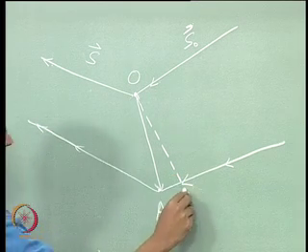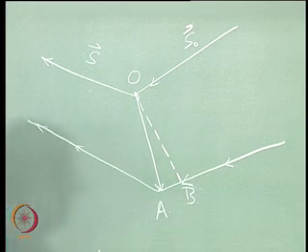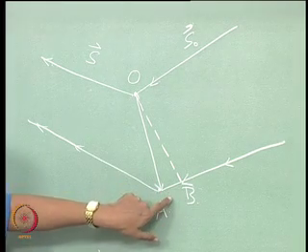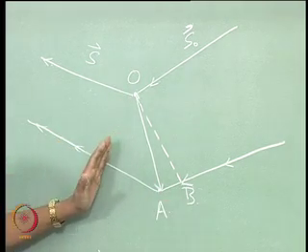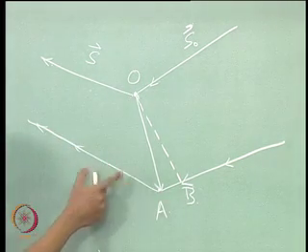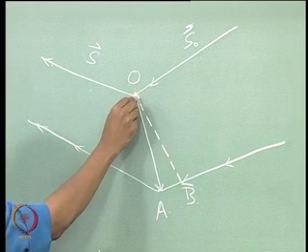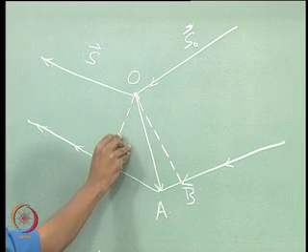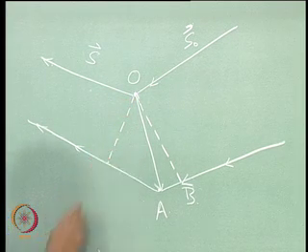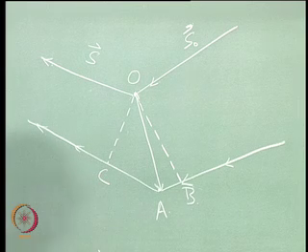Okay, so I will call this B. So that is the additional distance this wave has travelled. Similarly here we have to draw a perpendicular and that will be the additional distance travelled by this wave. So we will do that. A, B, C. So now the path difference is